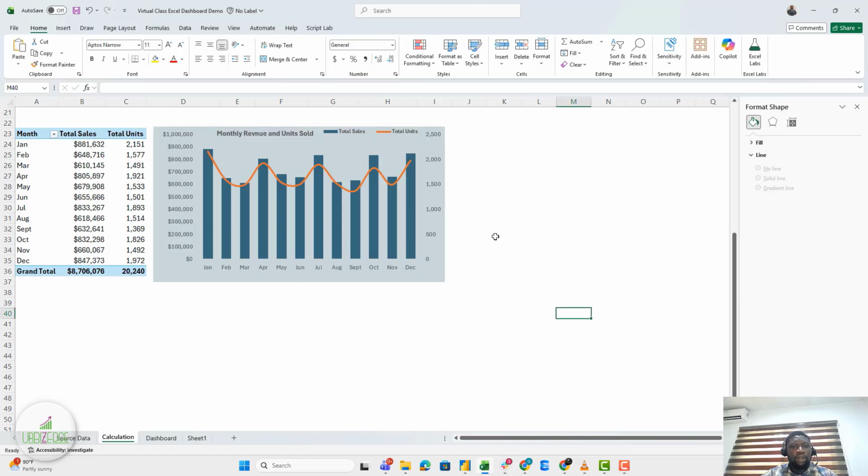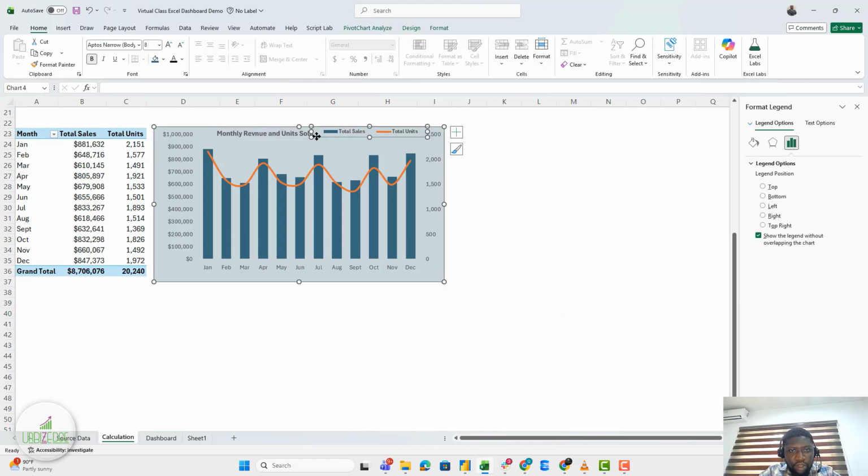Okay, so this doesn't look bad. Let's see if we could decrease the size of our legend. Okay, and we move our title to the center. Okay,